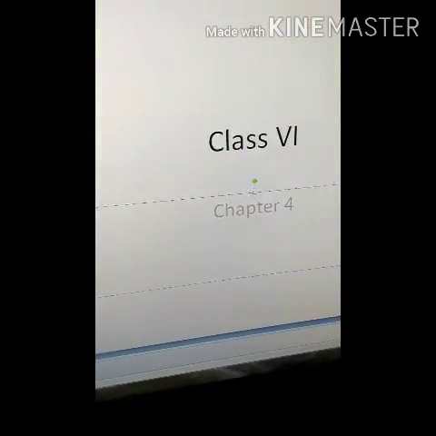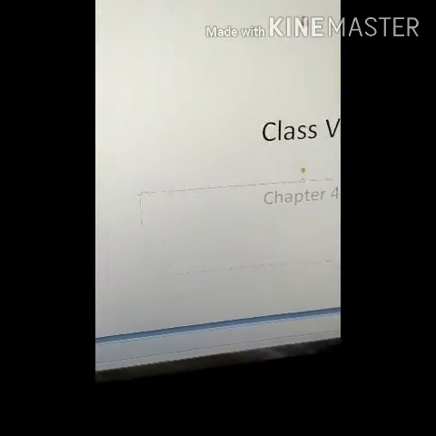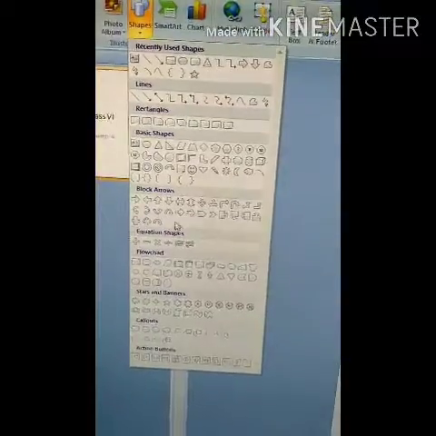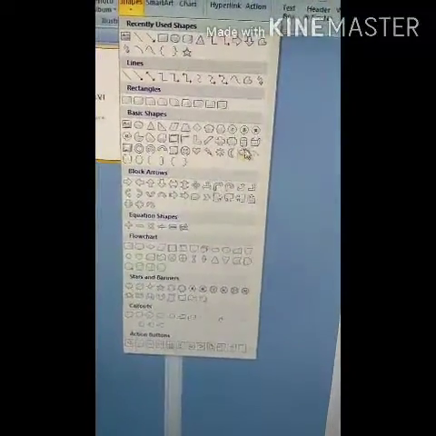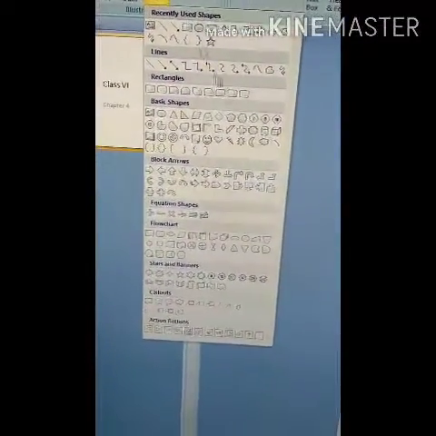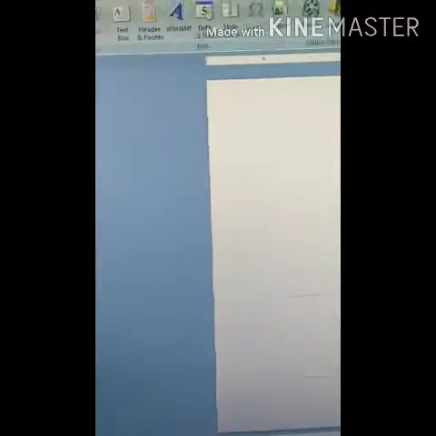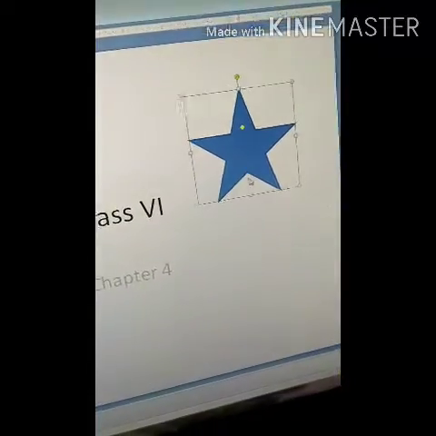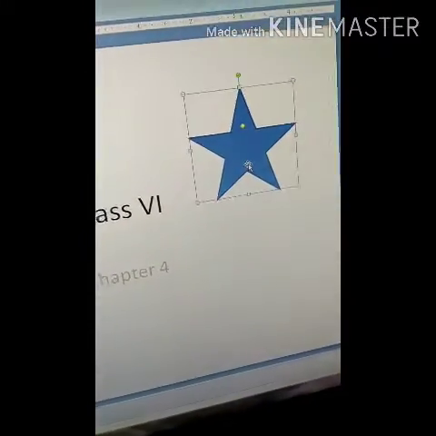So now I will take one object from here. In the insert, come to the shape option and take any object which you like. I am taking this star and creating it here, and I am making it attractive.